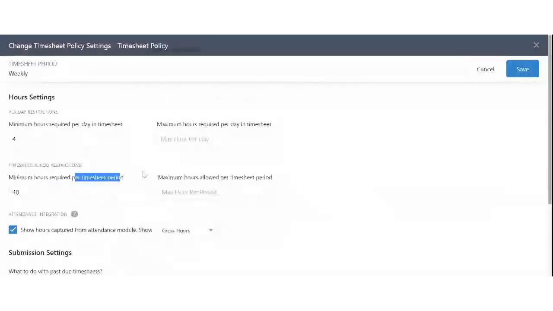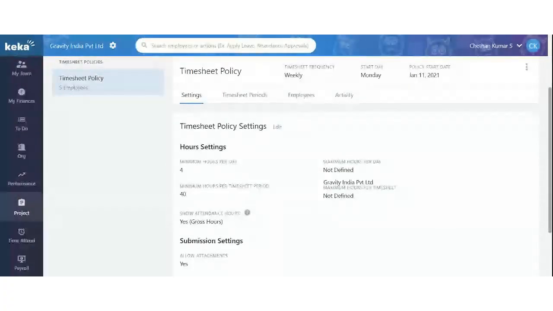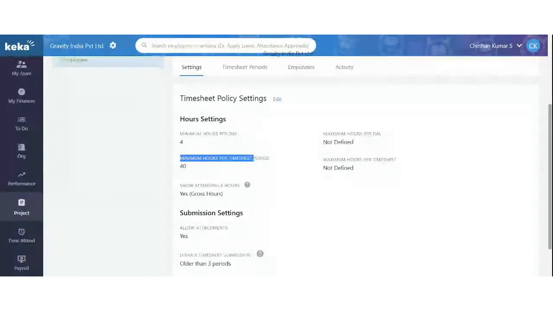As we all know, we currently have a weekly timesheet period. That is, employees would be able to submit their timesheet on a weekly basis. Now, in this period, what is the minimum number of hours that is expected from an employee? That would be minimum hours per timesheet.